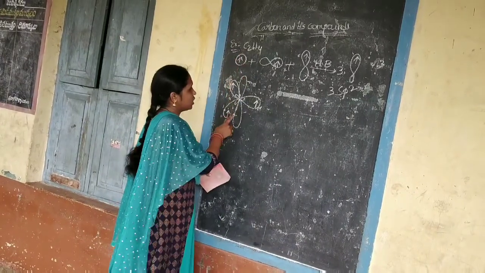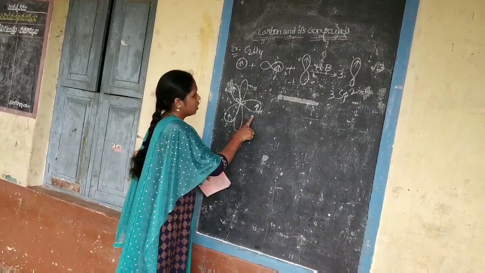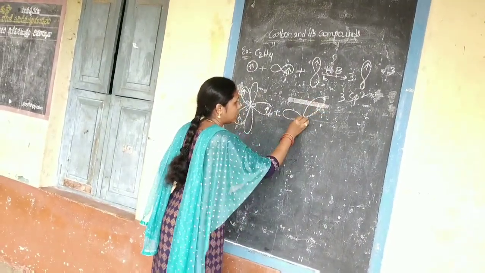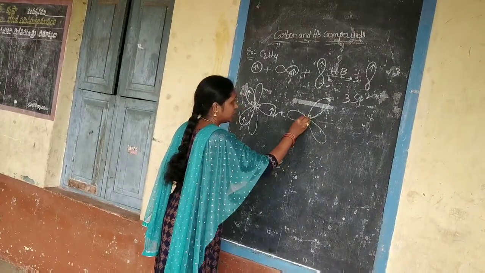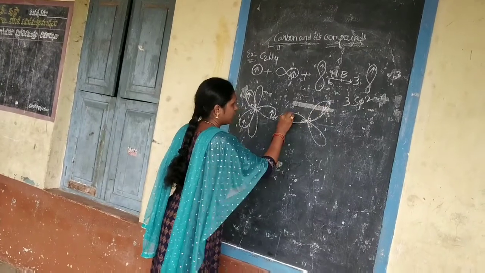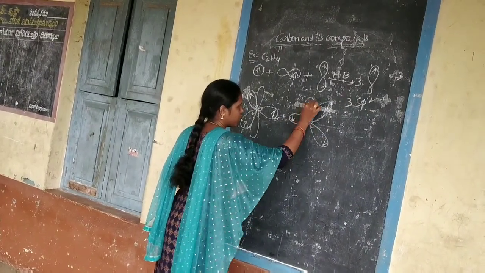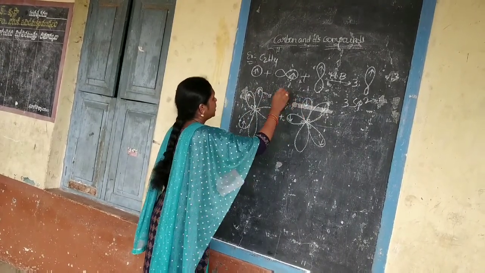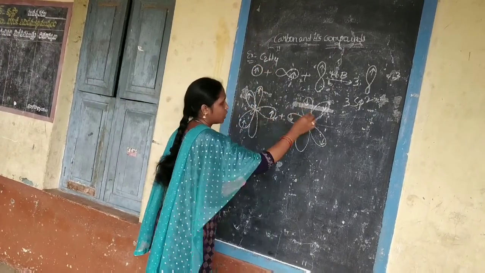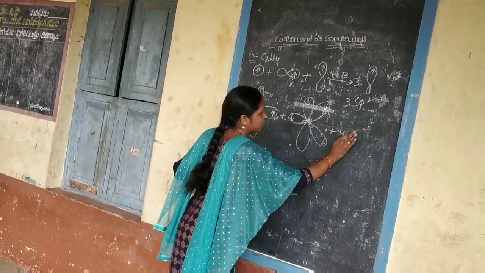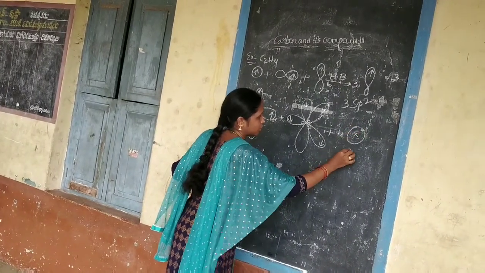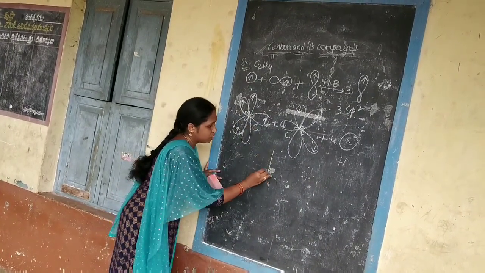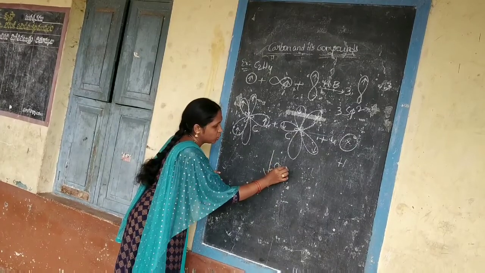C2H4. That means here 2 carbons are there. 2 carbons are sp2 hybrid carbons. This is one carbon nucleus, and the next another is also the same, an sp2 carbon. Means 3 hybrid orbitals with a single electron each with opposite spin and 1 atomic orbital with 1 electron. And next the 2 carbons are surrounded by 4 hydrogens, means 4 s orbitals. S orbitals means spherical shape hydrogen. These are carbon nucleus and carbon nucleus. After forming, they are involved in the overlapping.